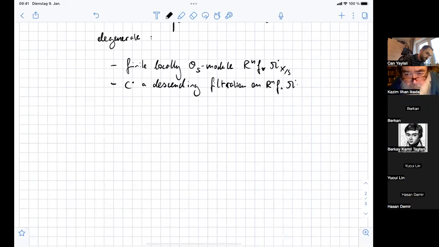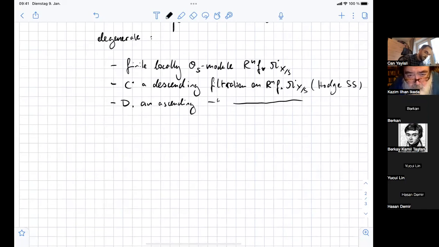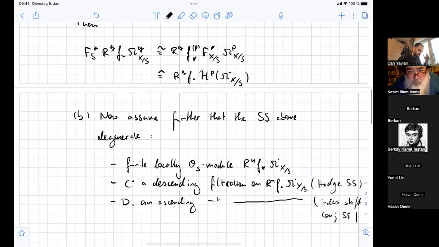On the de Rham cohomology, namely from the Hodge spectral sequence, we have an ascending filtration on the derived cohomology coming from index shift and the conjugate filtration or conjugate spectral sequence. I mean, this is what I wanted to tell earlier, because what you see here is